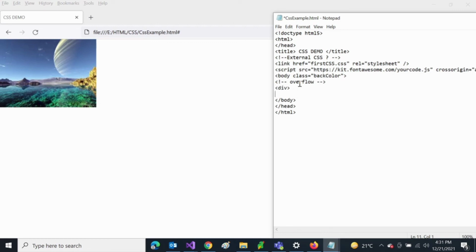Next I'm going to explain overflow. Overflow means, say you have two divs, and the upper div has a 50 pixel or 100 pixel width, but the inner one has 200 pixels, then the upper one will overflow with a scroll bar. I'll show you. Let's create a div. To display the overflow, the inner div must have a bigger length and width, so that the overflow will be applicable to the upper one. I have made 50 for the upper and 100 for the inner one. Refresh it. So this div gets displayed.